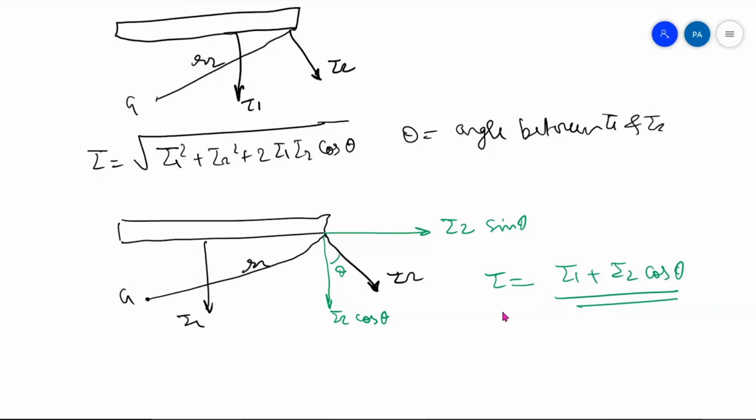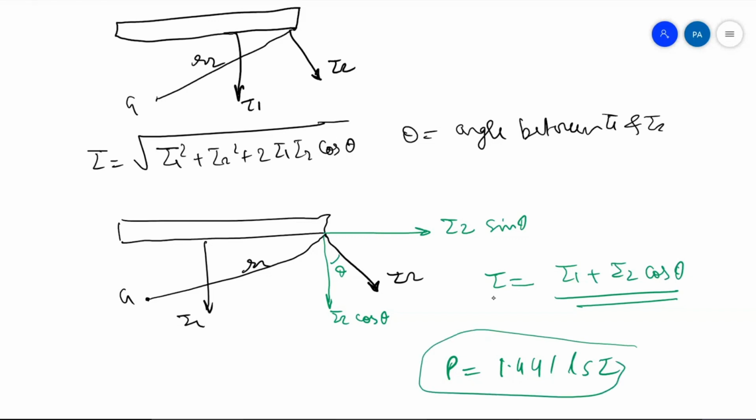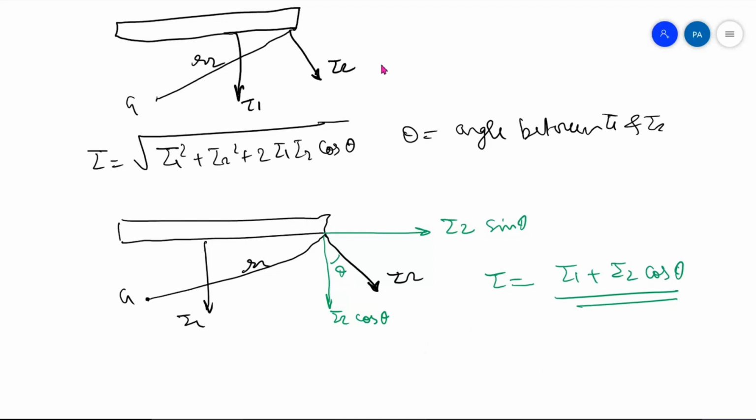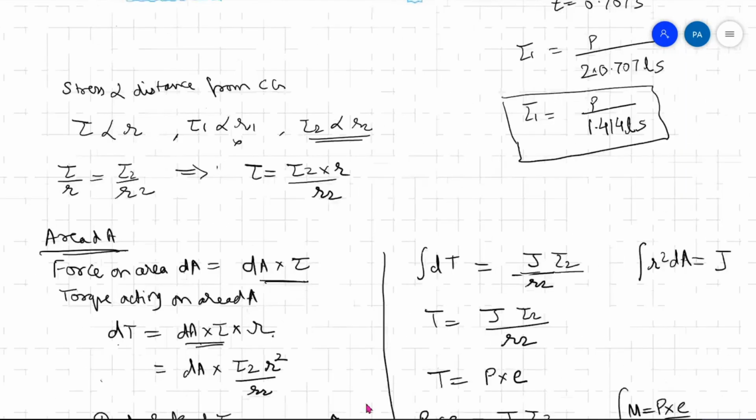Finally, we have to find the value of tau, and then from this tau we know P is equal to 1.414 ls into tau. Okay, so we'll use this formula. This we'll see in tomorrow's lecture, how to find the value of the thickness, throat thickness or say size of weld, whatever is asked. Okay, so just before I conclude,